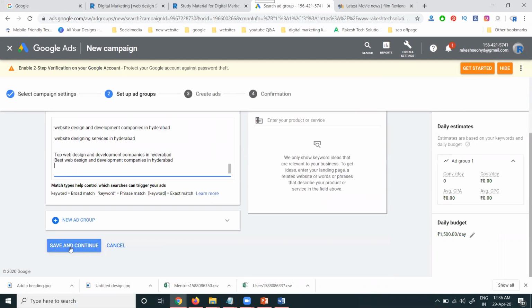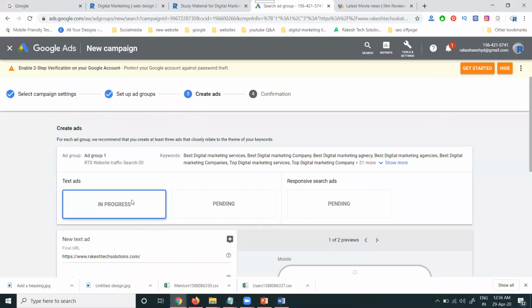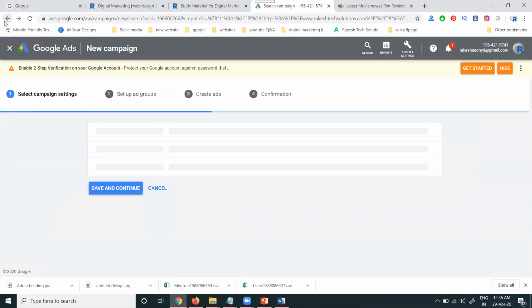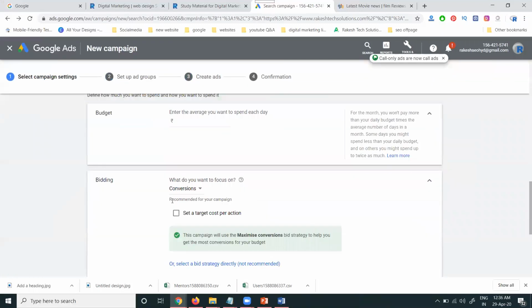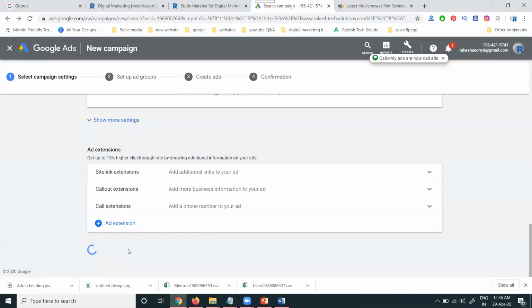Okay, now save and close. If you want to create another group, you can create another group there. Go to set up group. You can add any number of groups. I'm creating only one group here, but you can create another group too. Here, a group will be created by a particular option. I go back, so if we want to create another group, we can create it as well.